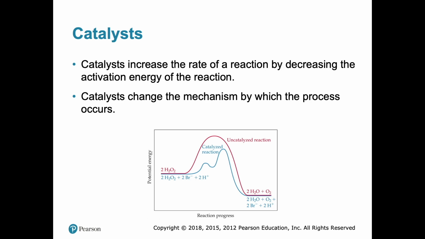Which is the product? Here it's hydrogen peroxide. Which are the reactants? Here it's hydrogen peroxide. Which are the products? Water and oxygen. And then which is the catalyst, right? The catalyst here, the thing that doesn't change but is there to help the reaction go a little faster, is the Br and the hydrogen, right? So be able to look at these reaction diagrams and tell the difference between a catalyst, a product, and a